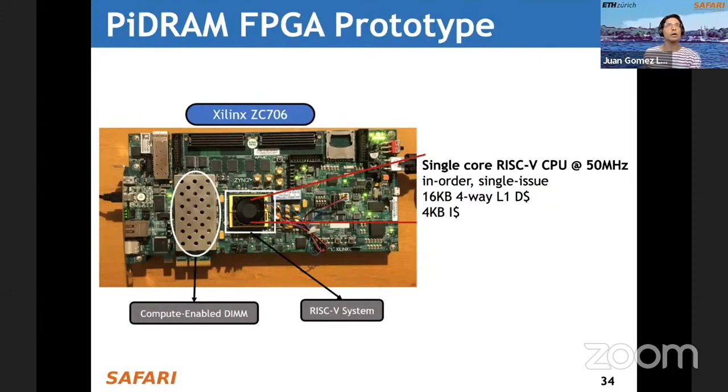Okay, yeah, I would like to ask you another question as well. So now that we are in this slide, it's kind of a double question. First is related to the fact that the RISC-V CPU is single core. So I guess this must be related to the amount of resources that you have in the FPGA for additional cores. But assuming that someone has access to a much larger FPGA, would it be possible to have multi-core? That's the first part of the question.